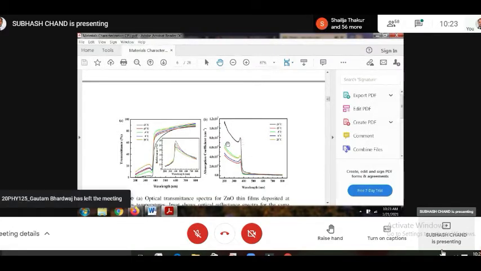And if you plot absorbance, you will see in the lower range absorbance is very high, and for the higher range absorbance is very small. Okay, so something is happening here, where the absorbance or transmission behavior changes strongly. So this is the point of interest.